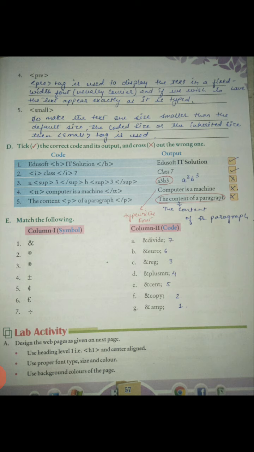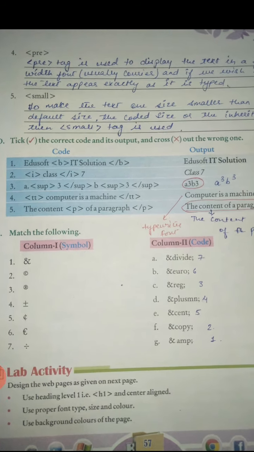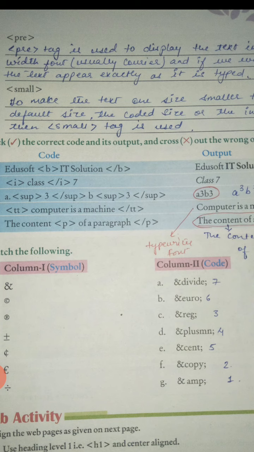What we have to do here: there is a code given and in front of that the output of the code is written, that if you run this code, what will be the output. If you think that the code and its output is correct, the output according to the code that is written is correct, then you have to tick mark. If the output of the code is wrong, then you have to cross it out. Okay, so the very first code written here is